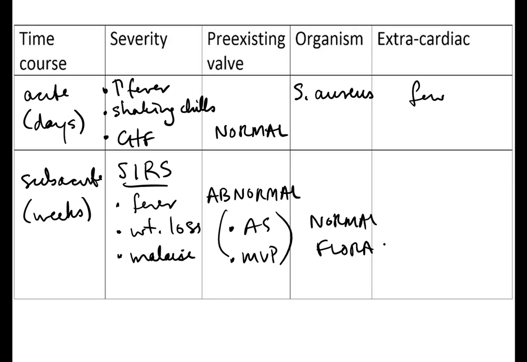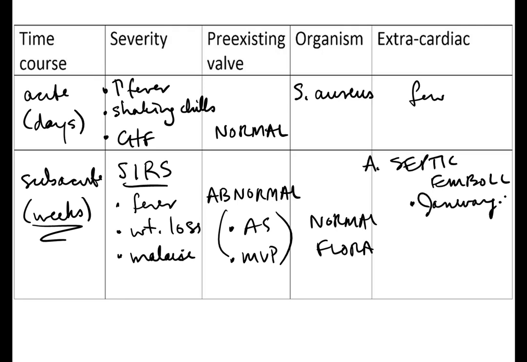And we see extracardiac manifestations because there's time for these to develop, because these are diseases of weeks. And so we're going to see two different types of extracardiac manifestations. We're going to see septic emboli, and this is going to include things like our Janeway lesions in the palms and the soles. This is going to include our Roth spots in the eye retina, and it's going to include our splinter hemorrhages